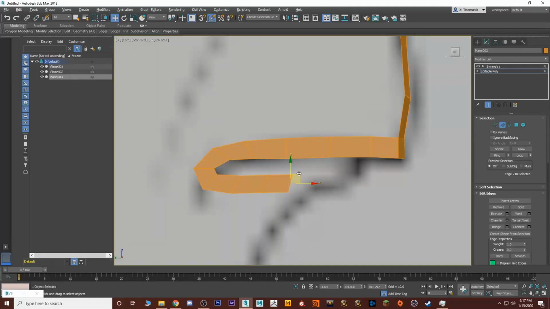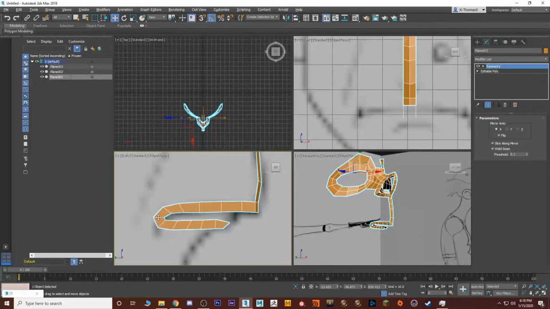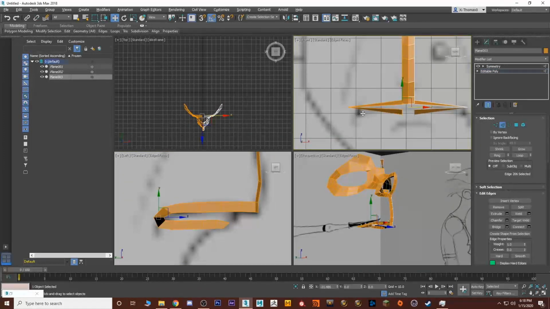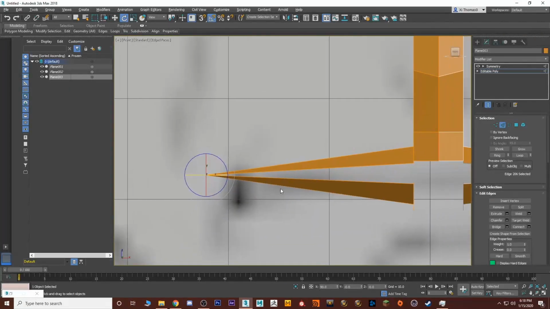Scale this in so I can reform it. There we are. So corner of the mouth has to go to the corner of the actual character. Rotate it a little bit, grab the next one,